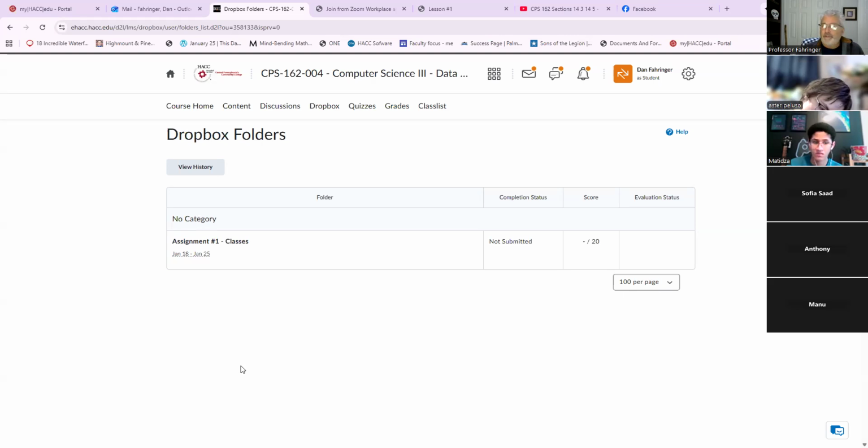Dropbox is where all of your assignments are going to be. And for the final exam, there's going to be a link for you to upload work that is easier to do by hand and take a picture of and upload it rather than try to do it on the computer. So Dropbox is still Dropbox.